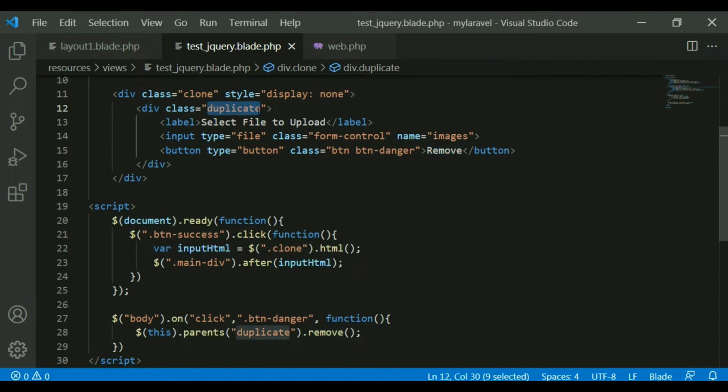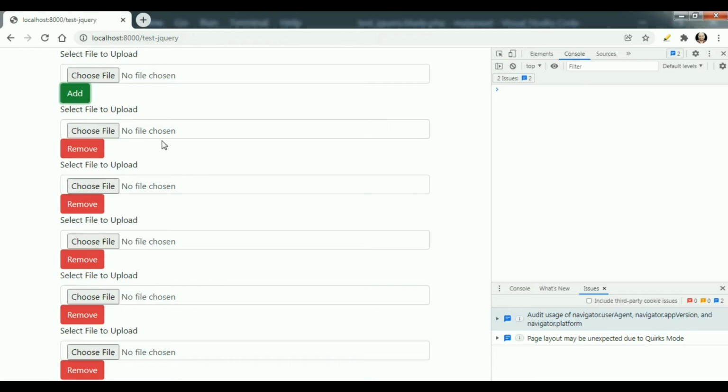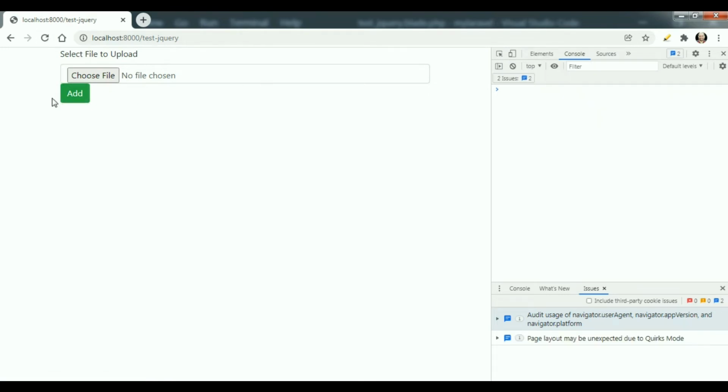Parent of duplicate is clone, so that will be removed. Just save it and go to the browser and refresh it. On the click, the new element is displayed, remove it. But it is not removing it.